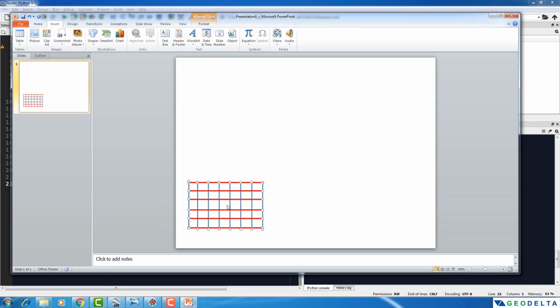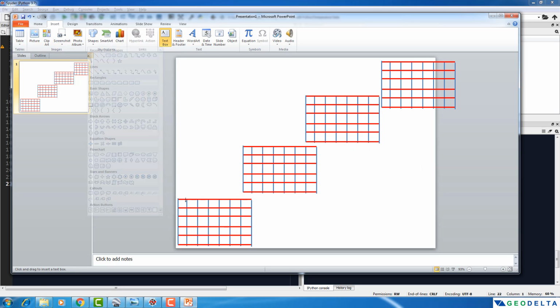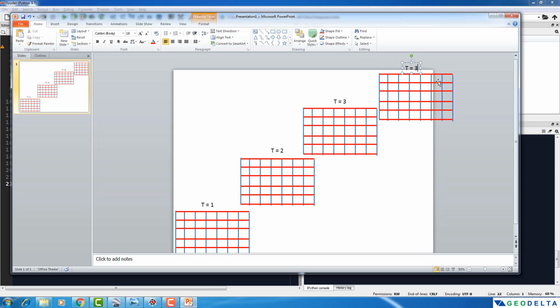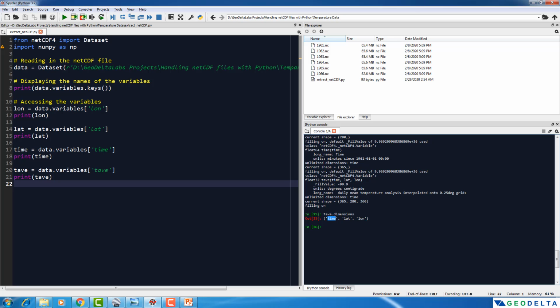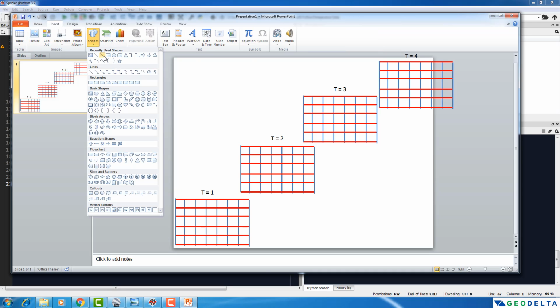If I make a copy of this, and if I move it in this manner, and again in this manner, and add some text like this, t equals 1 and this one t equals 4. Now you can see that when we talk about the time dimension, we actually have 365. So for each of these 365 files, maybe I'll put an arrow like this